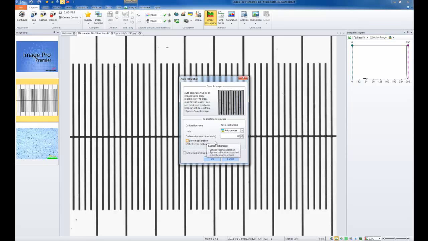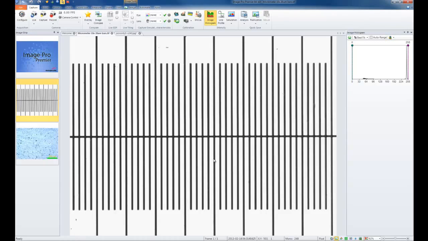The system calibration is simply a calibration that is applied to images captured by a camera. It's not applied to those opened in the software, so this really is only capture calibrations. When I'm finished, I hit the OK button. You'll see some lines go across the screen as it begins to auto-find all of my lines. It will present me with a line profile that has found all of my peaks and valleys